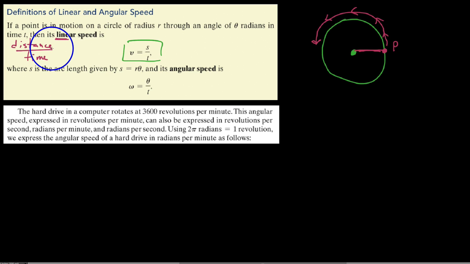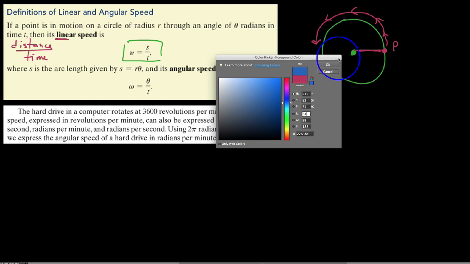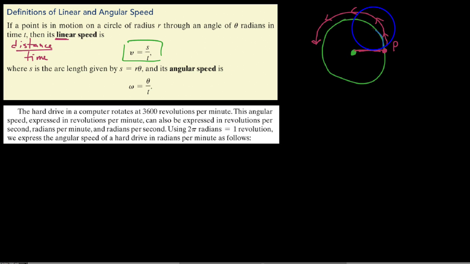So distance over time, where S is given as our arc length. What we're trying to determine is how far you traveled around the outside of the circle in any given time. So let's say in a given frame of time, the point ends over here. I would know how far we rotated in terms of theta here. I certainly would want to know the radius length here, and we have our S right here